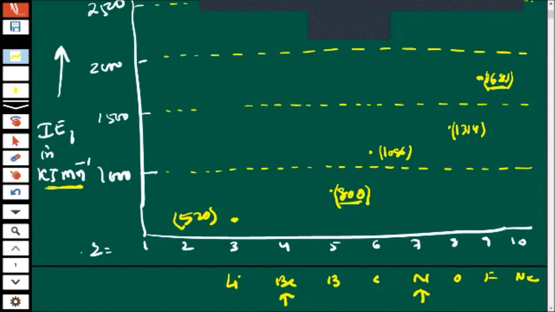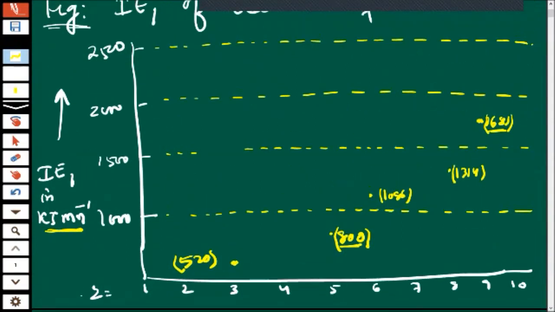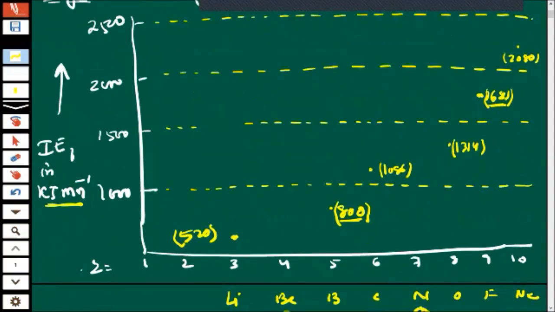This is the point. Neon is having 2080, somewhere here. So from here you can see that the highest ionization energy in a period goes to inert gases because